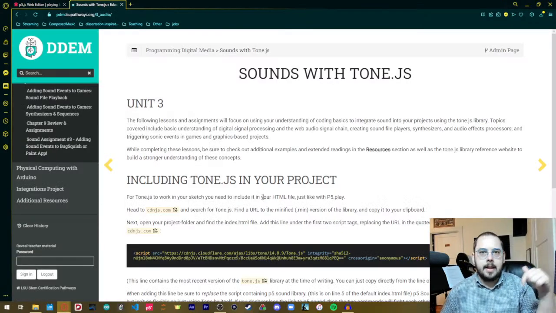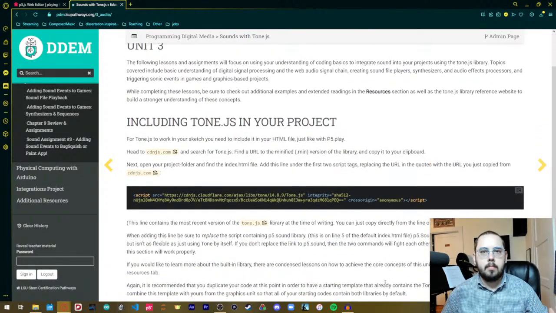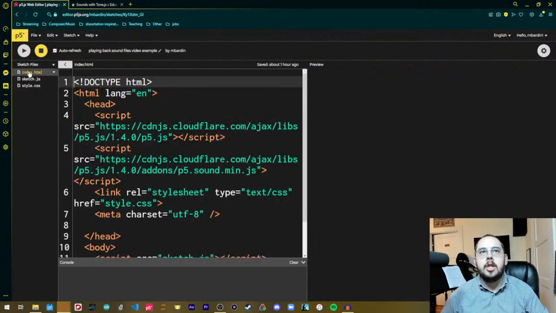So if you head to, again, the link in the description, this page in the online textbook for this programming course, this HTML line right here. Now, I'm not going to go into a ton of detail. I have a separate video that you can find in the playlist below about why and how to load in libraries. But the important thing to know is that you need to copy this command right here. This tells the computer to do something. In this case, go to this URL and use the code. So I'm just going to copy it, copy to clipboard, and then I'm going to go into the HTML file,